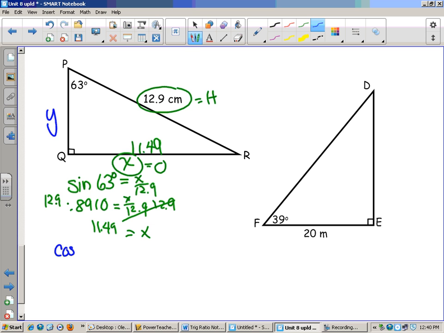Because this side would be adjacent and then hypotenuse. And cosine is adjacent over hypotenuse. So cosine of 63 would be y over 12.9. Okay, then I type cosine of 63 in my calculator. What do you get? 0.4540 equals y over 12.9. Multiply both sides by 12.9, and I get y is equal to,